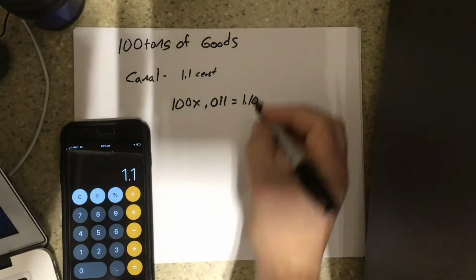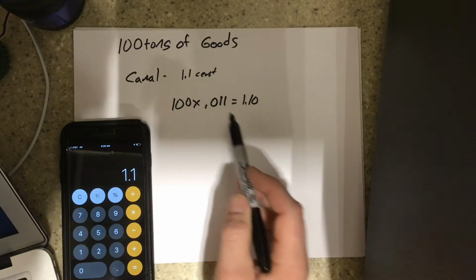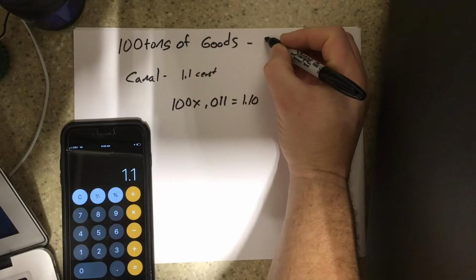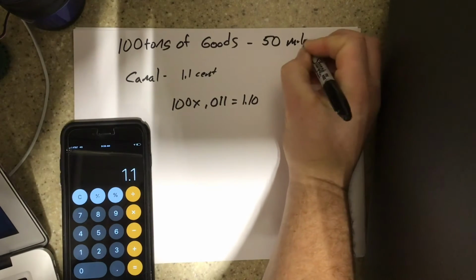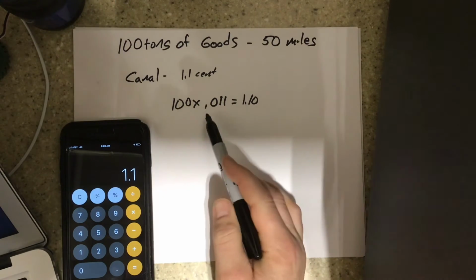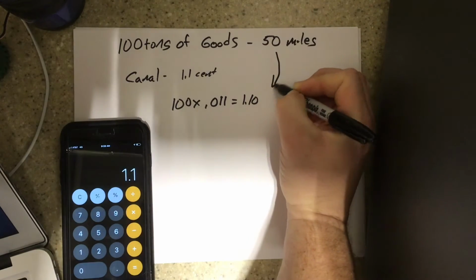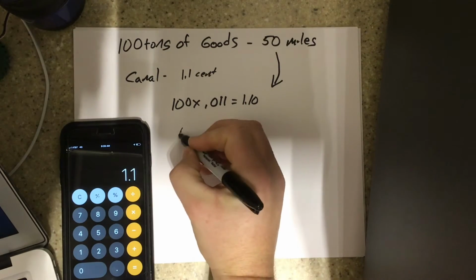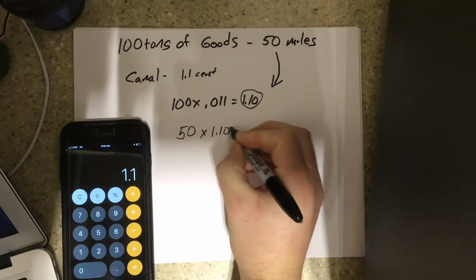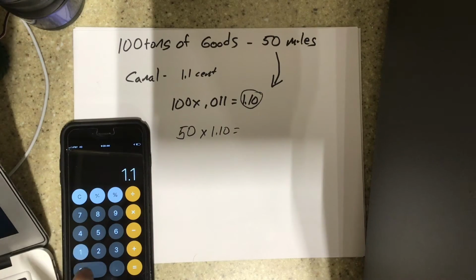$1.10. Now, first off, that's moving 100 tons by canal simply 1 mile. But let's imagine that you were tasked to go, let's say, 50 miles. So I've calculated how much it costs to move 100 tons 1 mile by canal, and that's $1.10. So all I have to do is figure out how much that would be for 50 miles. So I multiply 50 times my product here, which is $1.10. So let's put that on my calculator. 50 times 1.10 equals